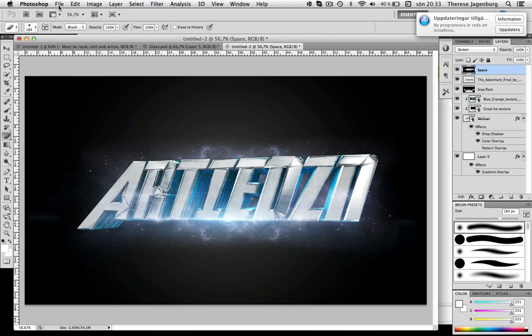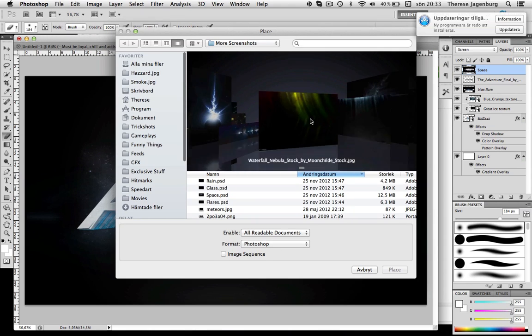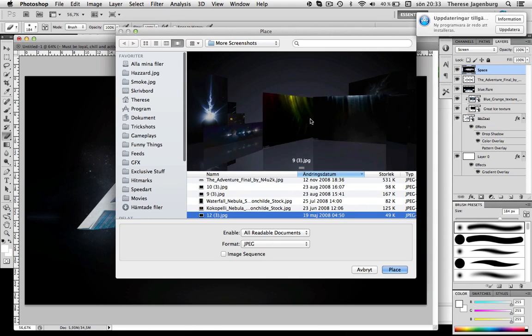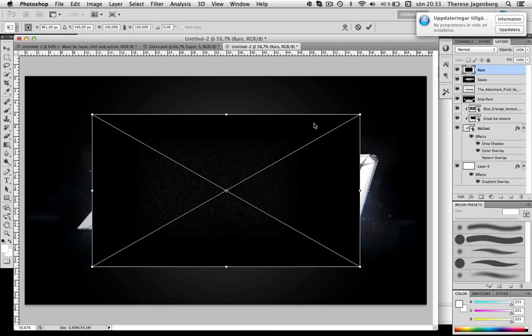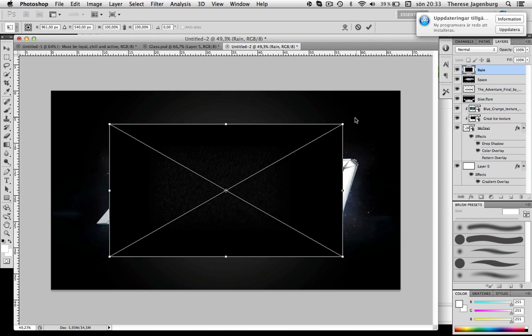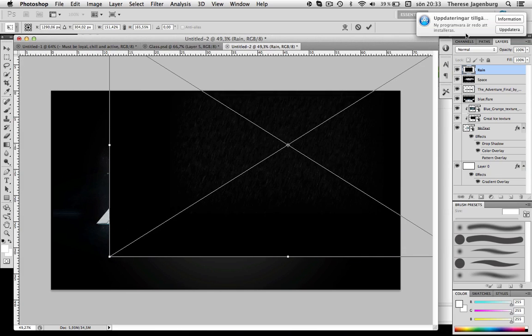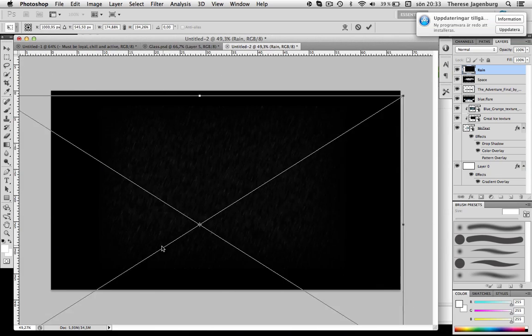So then I'm going to place again. I'm going to make it with, what am I going to use this time? I'm going to use rain. This is a nice texture, a picture or a screenshot that I'm going to use in